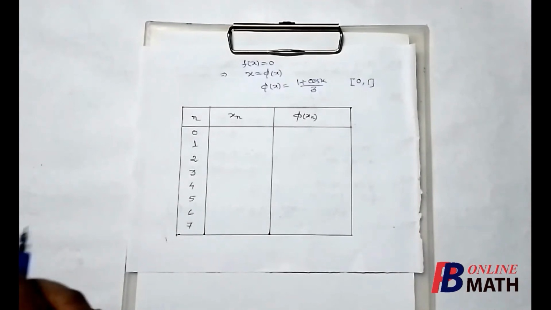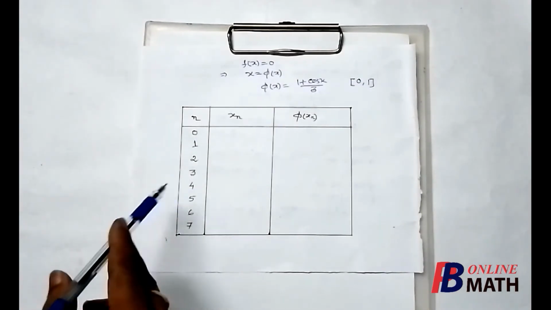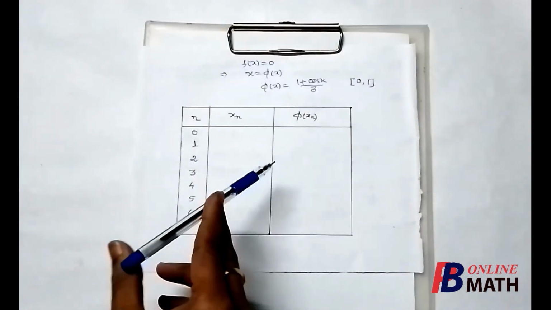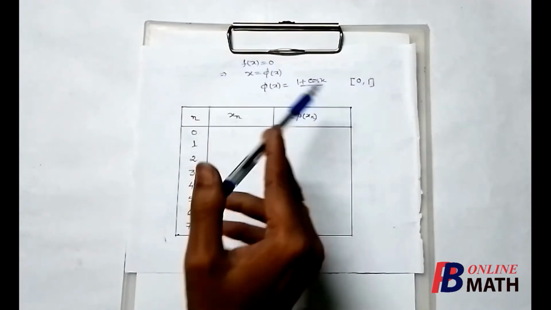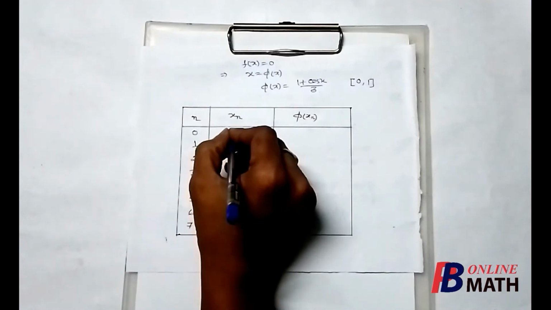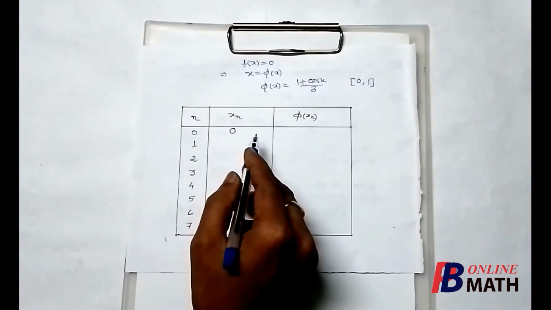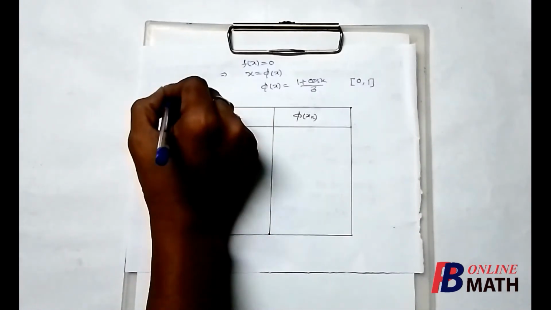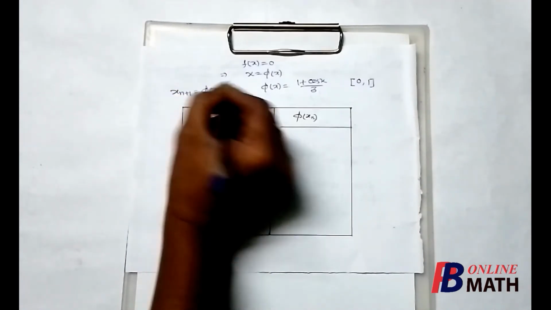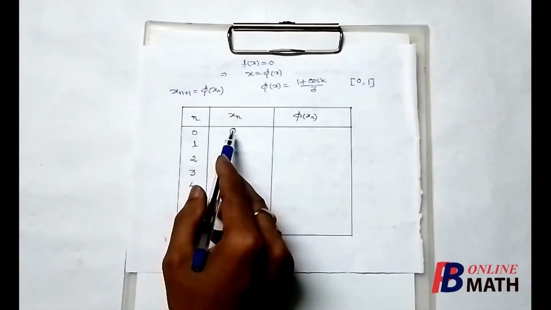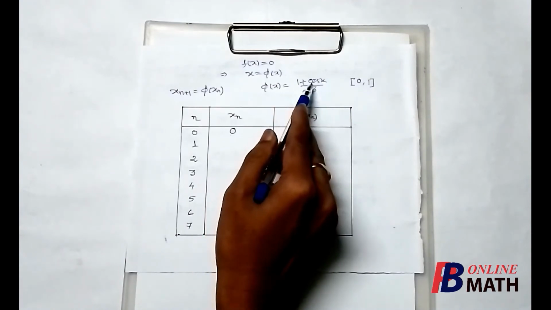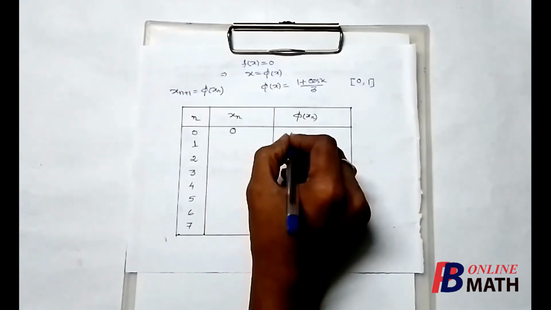Now we shall find the values of this table. For that, we have to select one initial approximation. We can take any point between 0 and 1 as the initial approximation, but for simplicity we assume that the initial approximation is 0. Again, we know that the iteration formula is x(n+1) = phi(xn). Now if xn equals 0, then phi(xn) will be (1 + cos 0)/3, that is 2/3, which will be